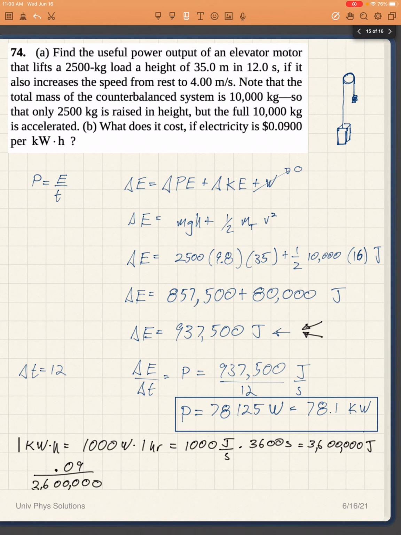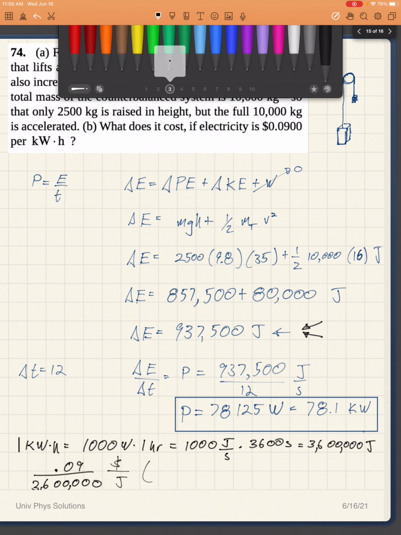Let's put the units like this. That's $0.09 per kilowatt hour, which is this many joules. And so if I multiply that times the number of joules that I used, which is 937,500,